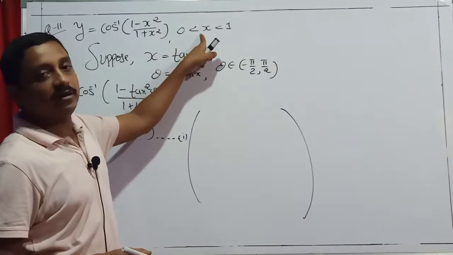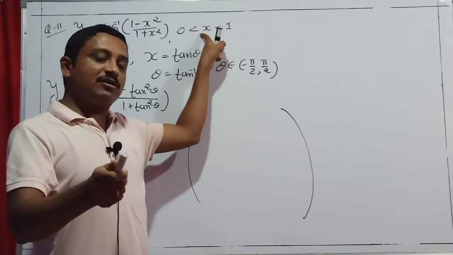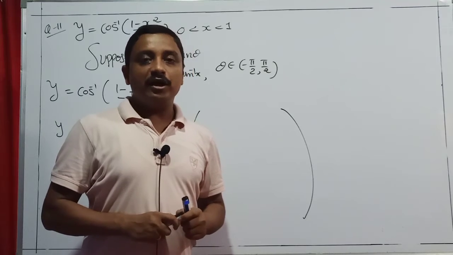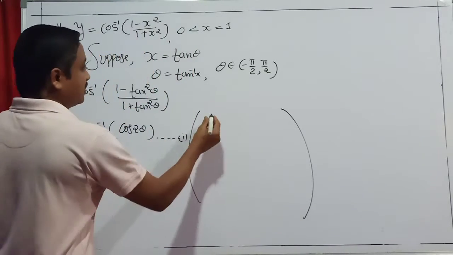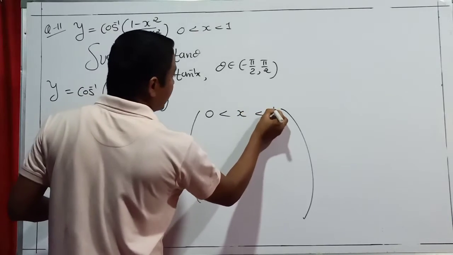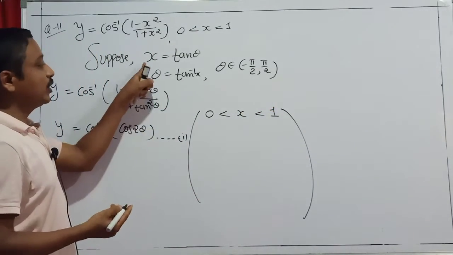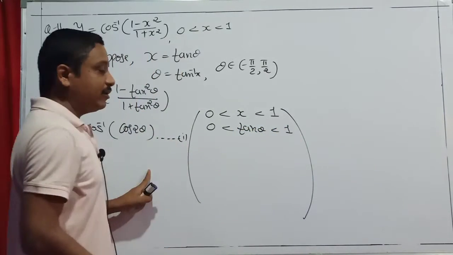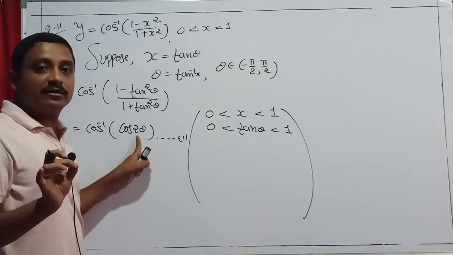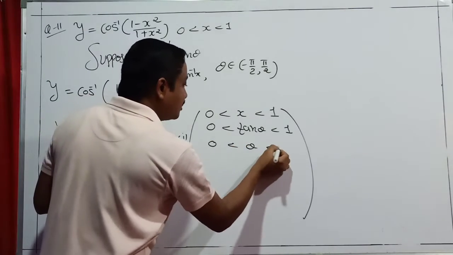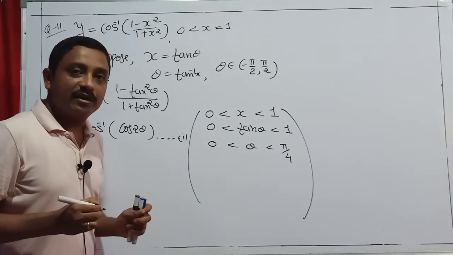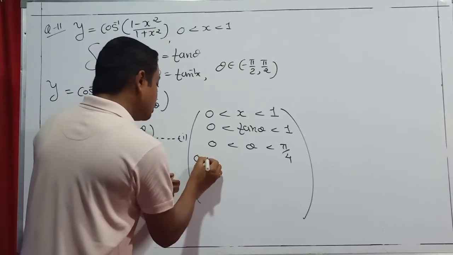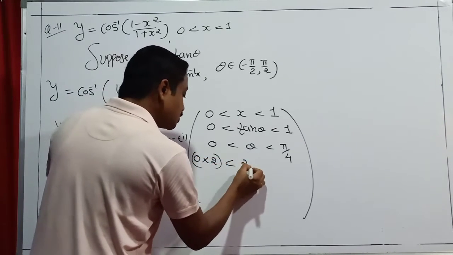Today's condition is already given. I again repeat, if you are not given a condition, you take the direct derivative, and there are 3 answers available. But here only one answer according to the condition. 0 less than x less than 1, x is already known, yes, tan theta. But I want not theta, I want up to 2 theta. So theta at which degree? 45. And how many degrees for 0? 0. This theta I am moving to 2 theta. So 0 into 2, that is also the same.